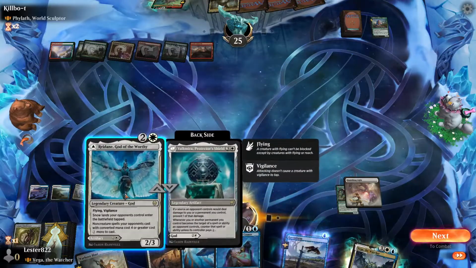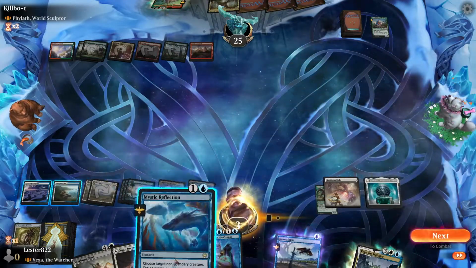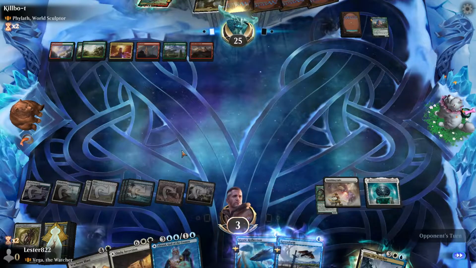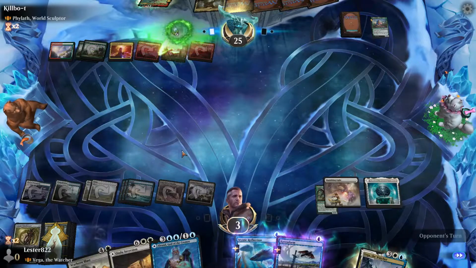If he has enchantment removal and he's in the form of a creature, I'm doing this just in case he does something with plants, and then I'm going to foretell this, which may not have been the right move. Actually, it was, because I can't use that because there's no creatures on the board. But my goal is that maybe...